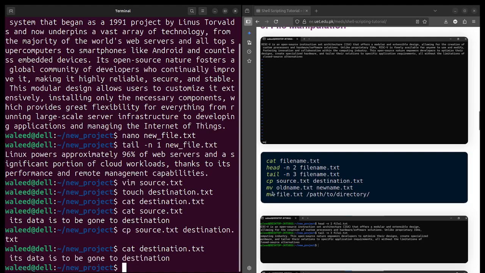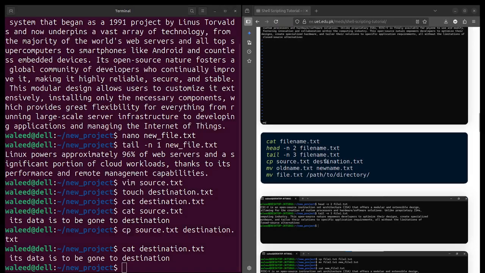Now there's another command which is mv, which is used many times. Its name is move, or simply mv. So if you want to, let's say, rename your file or move your file to some other folder, for example, if you are in downloads and you want to move your data to documents, you simply use mv and then provide the path and it will move your file to that path. It is one of the most convenient methods to move your file to some other place.